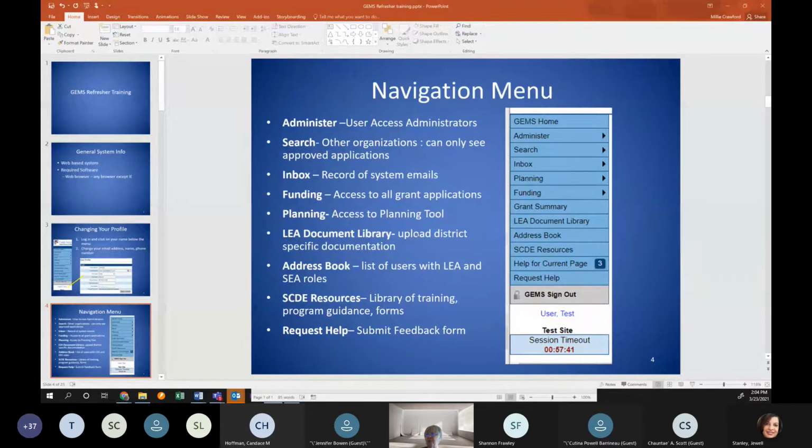The LEA Document Library, I don't think you all use that very much, but it's something that you might want to start thinking about. It's a way for a district to upload specific documentation. So let's just say that you have a Title I report or something that needs to be uploaded now, and it doesn't necessarily go with the timing of Title I. We can create a document library, that document in the document library, and assign it to specific districts so that